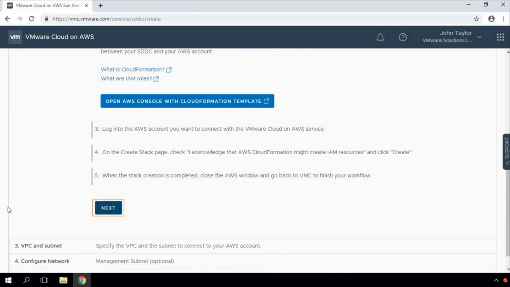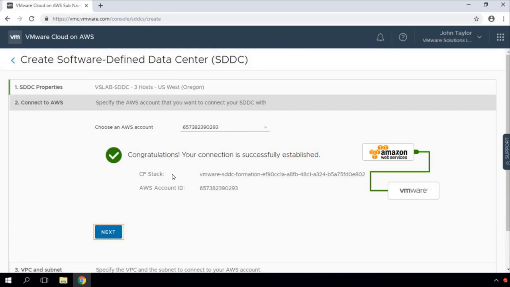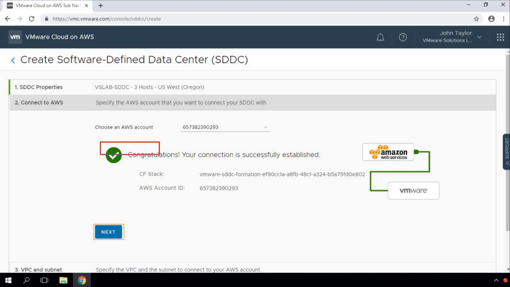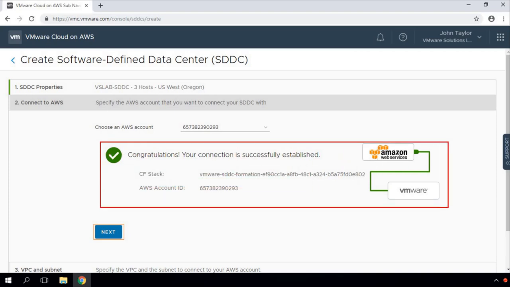So click here to scroll down, click on next, and as soon as we have a successful SDDC stack completion, we see that our account is successfully linked. Our AWS account is successfully linked with the VMware Cloud on AWS managed service, and it clearly tells us that your connection has been successfully established. So this is one of the very important steps.